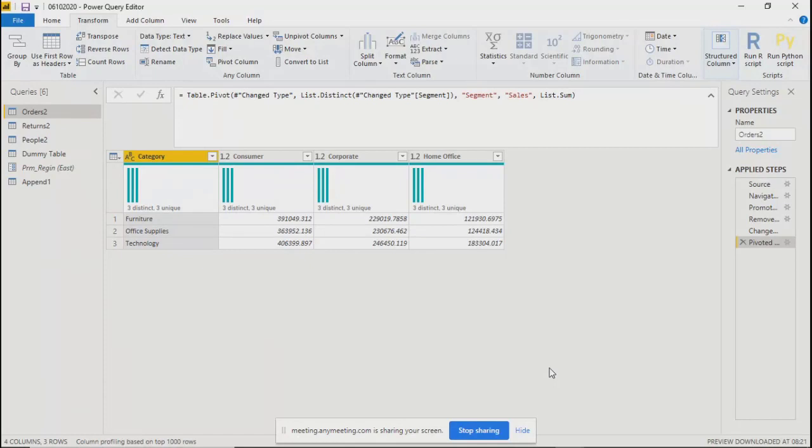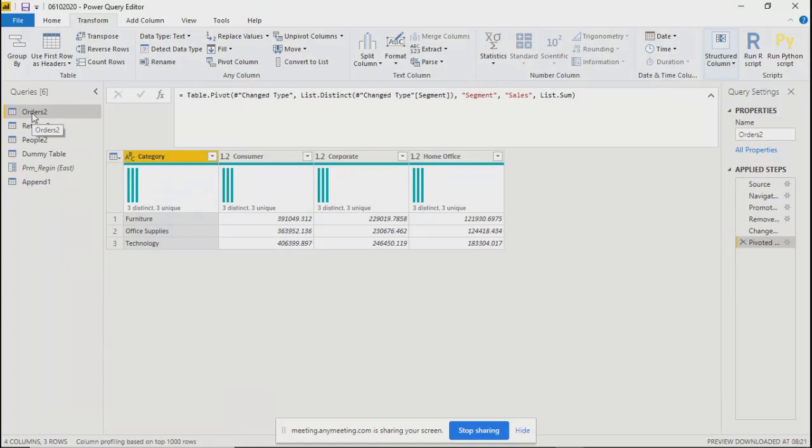Drill down means you can further go to the next level. Over here, it is not a next level. We have simply aggregated sales by category and segment. It's as simple as the Excel pivot what we do.